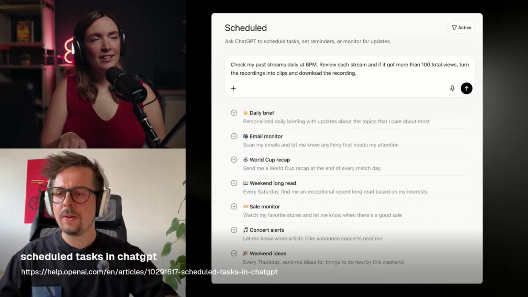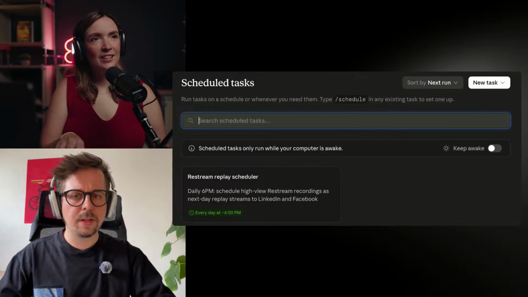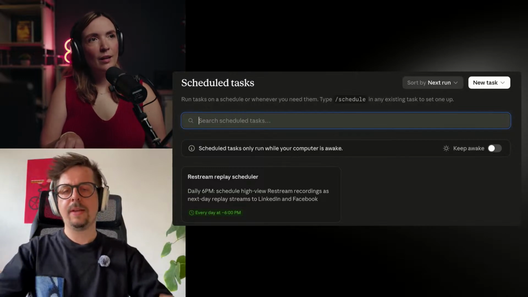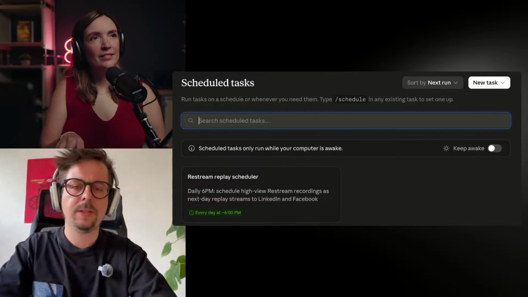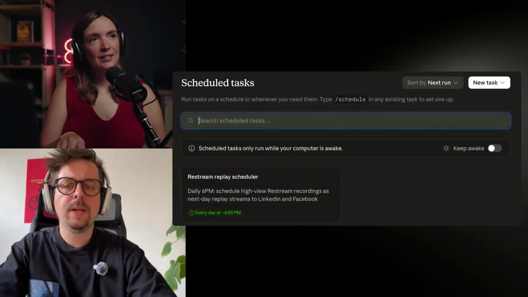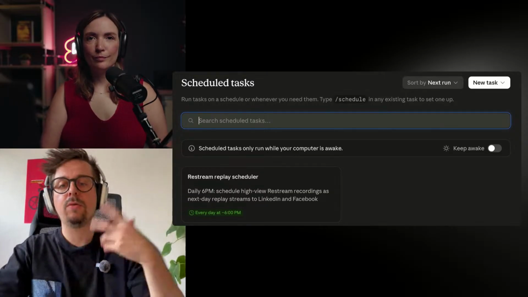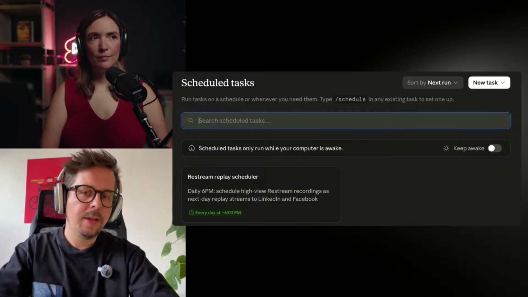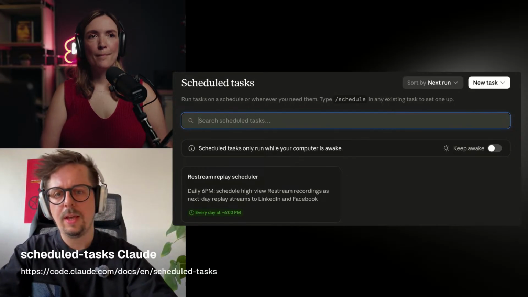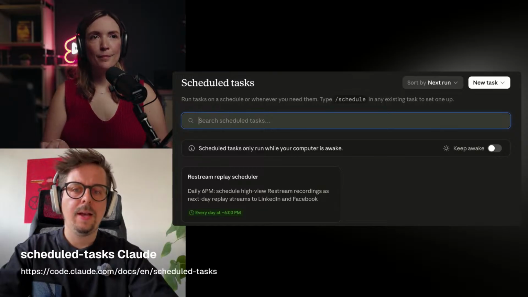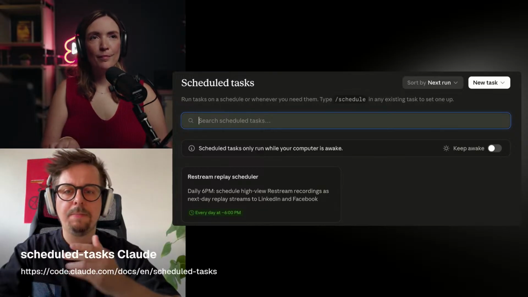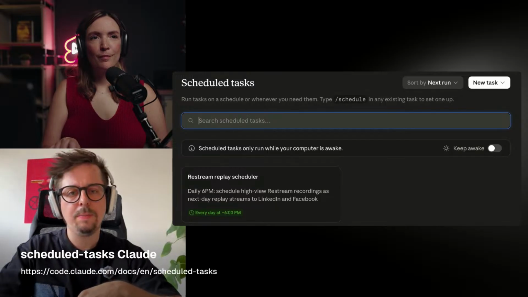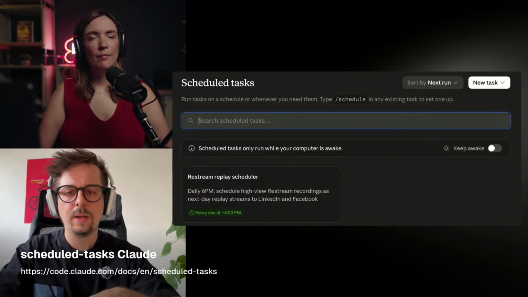I think on another scene, we have one more example with the replay scheduler. That's just how I call this task in Claude. So this has already been created. It's in the list of my scheduled tasks. You can see that it runs every day at 6 p.m. And it's the same thing, but instead of turning it into clips and maybe grabbing the recording, it's actually doing a replay, right?